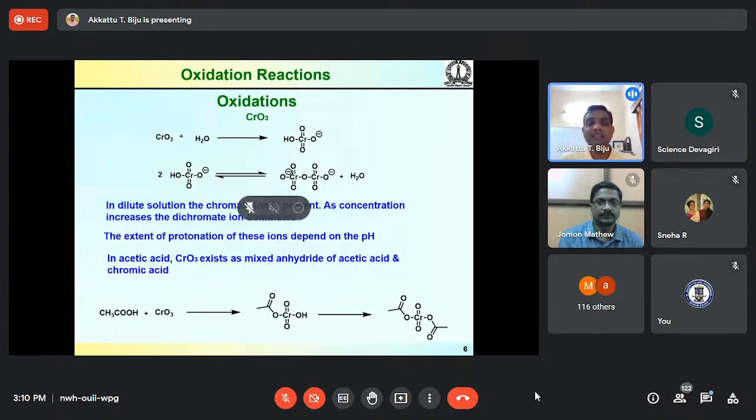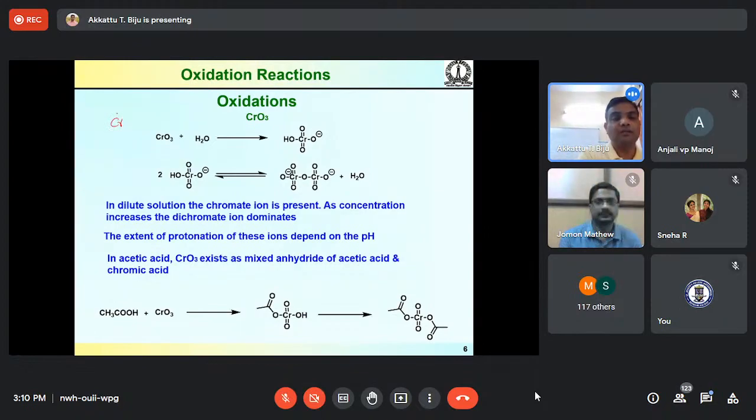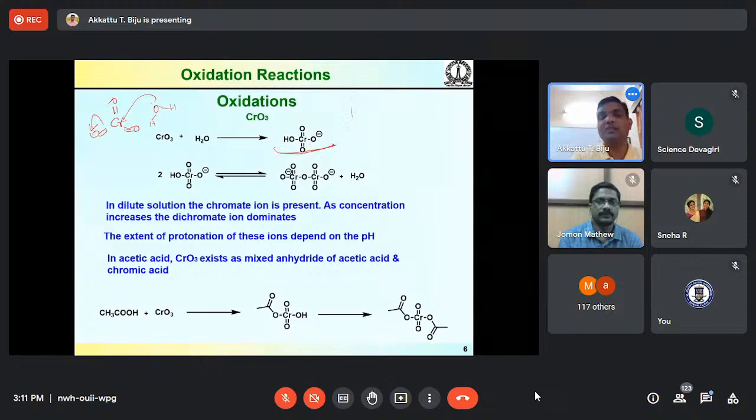So the chromium 6 will be reduced under the reaction conditions, thereby oxidizing the organic compounds. So generally, if you take chromium 3 oxide, so Cr triple bond or 3 times oxygen, and if you have addition of water to chromium trioxide, this can easily add to chromium to polarize one of the chromium oxygen bonds to form a chromate, so the HCrO4 minus, and if we have a cation, say potassium, it is like a potassium chromate, and 2 of this chromate,